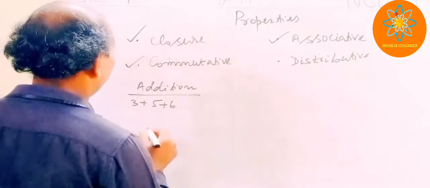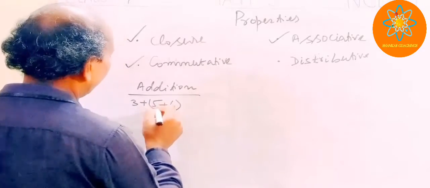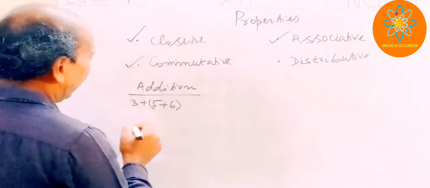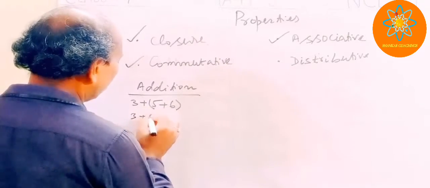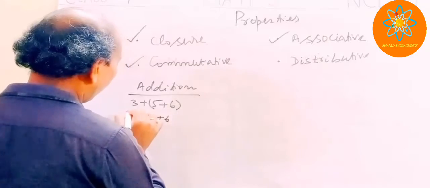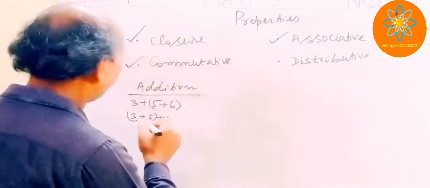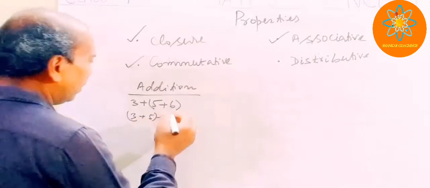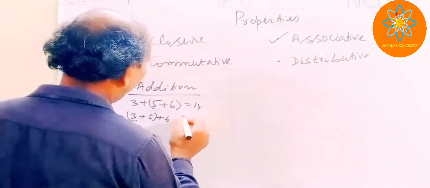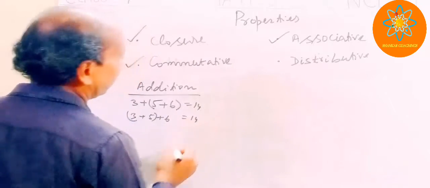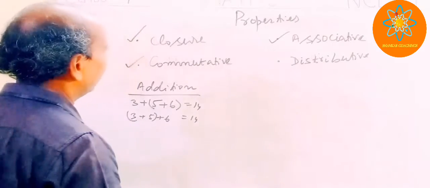First, you add 5 plus 6 and then you add 3. The second way: first of all, you add 3 plus 5 and then you add 6. See, in both cases we are getting the same value, that is 14, and here also 14. That means the associative property holds